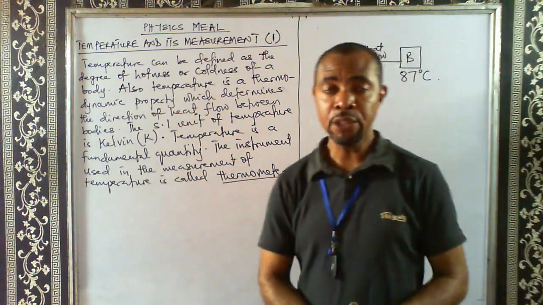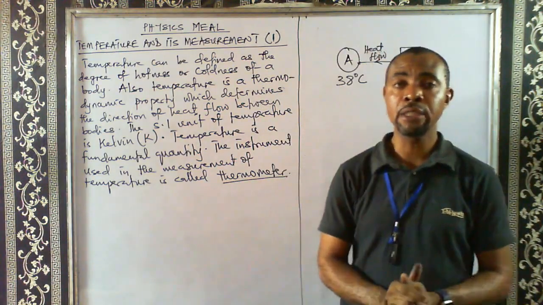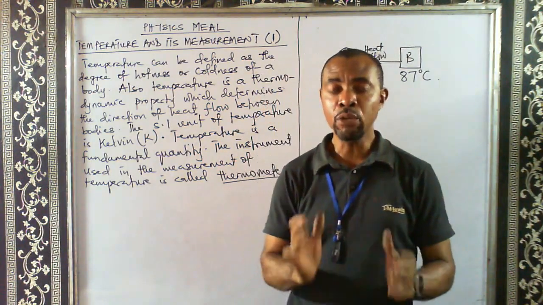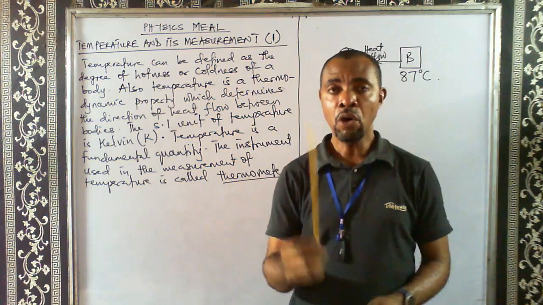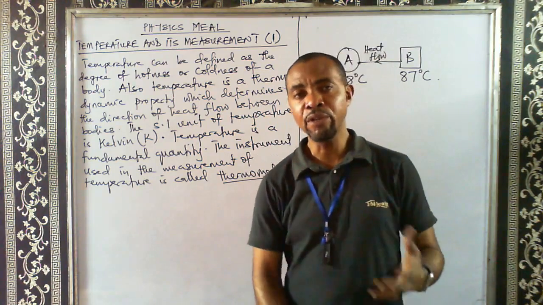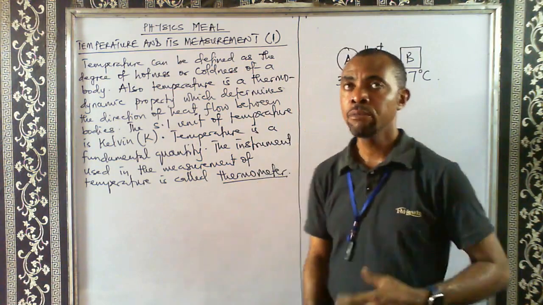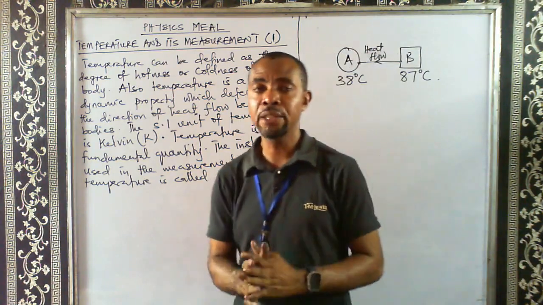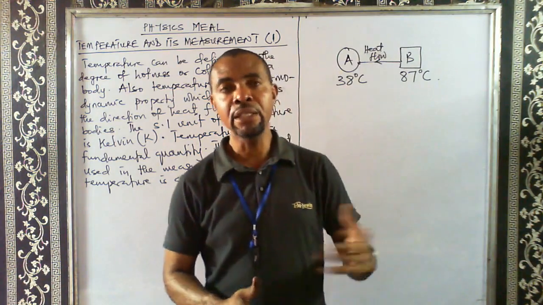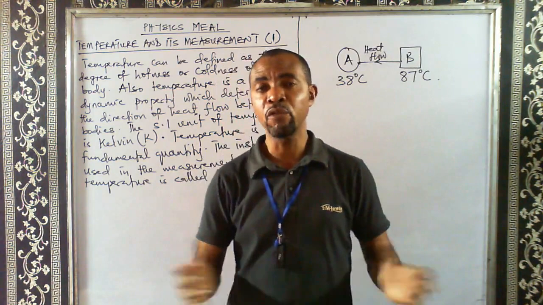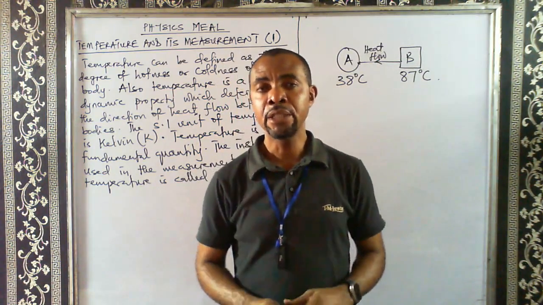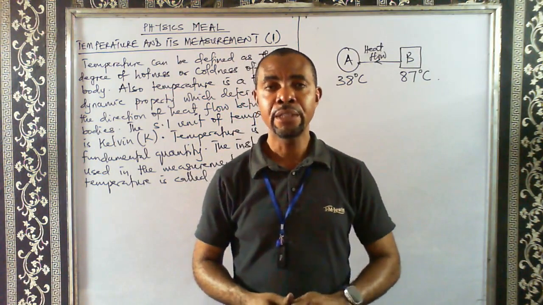So that's it for this part in temperature and its measurement. In our next part, we are going to look at the temperature scale, and we'll talk about the different temperature scales, and we'll talk about the calibration of a thermometer. We have a lot of things to look at in our next video. We may not finish it in the second part, so some of them will be taken to the third part. We'll have things like upper fixed point, lower fixed point, fundamental interval to consider. These are the basics in the study of temperature and its measurement.